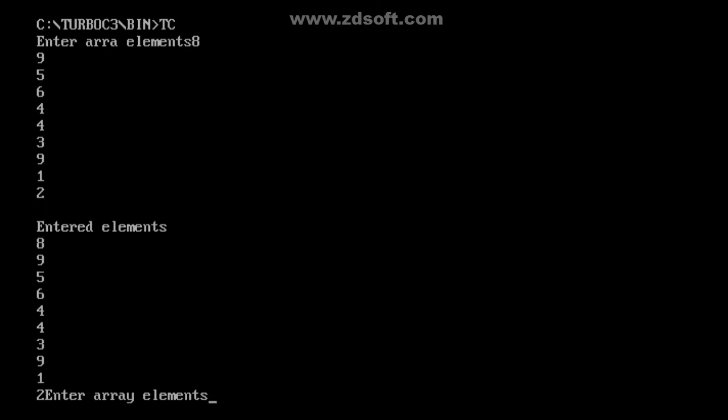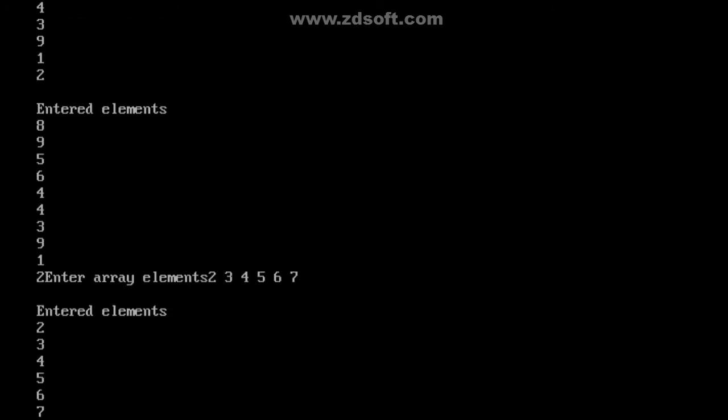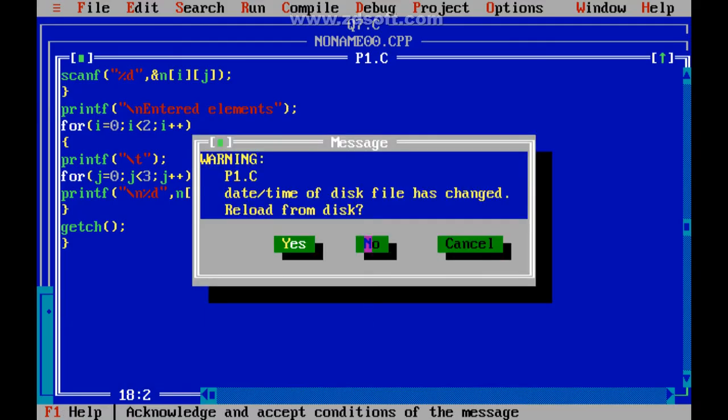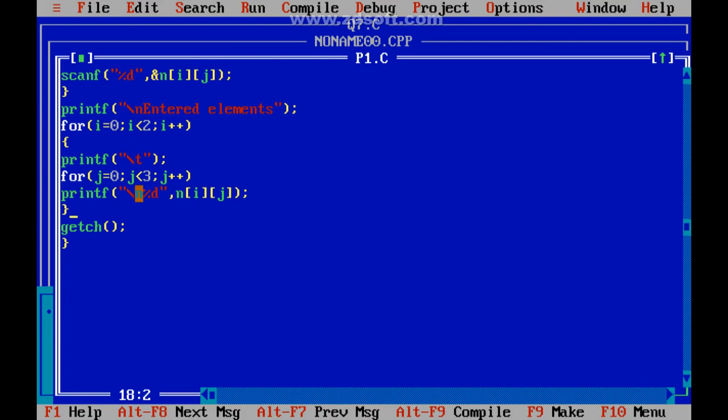So how many elements do I have to enter? 2 by 3, 6 elements. So 2, 3, 4, 5, 6, 7. Actually, I have to take out something here.